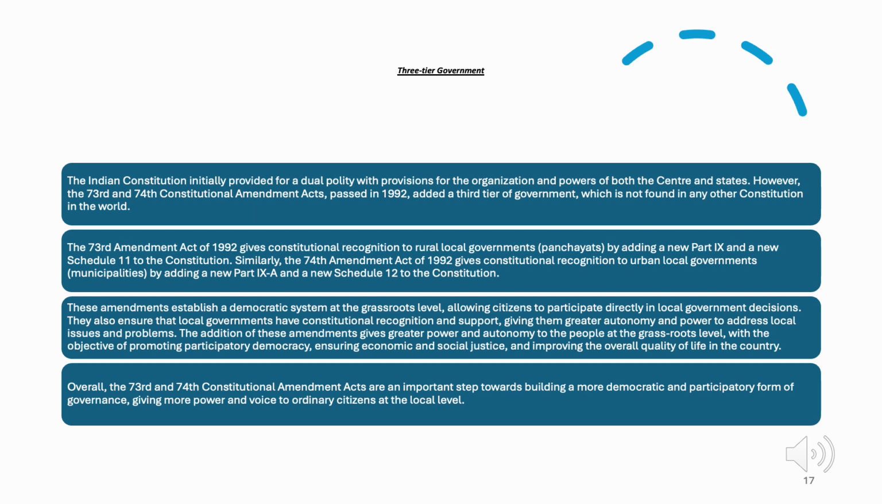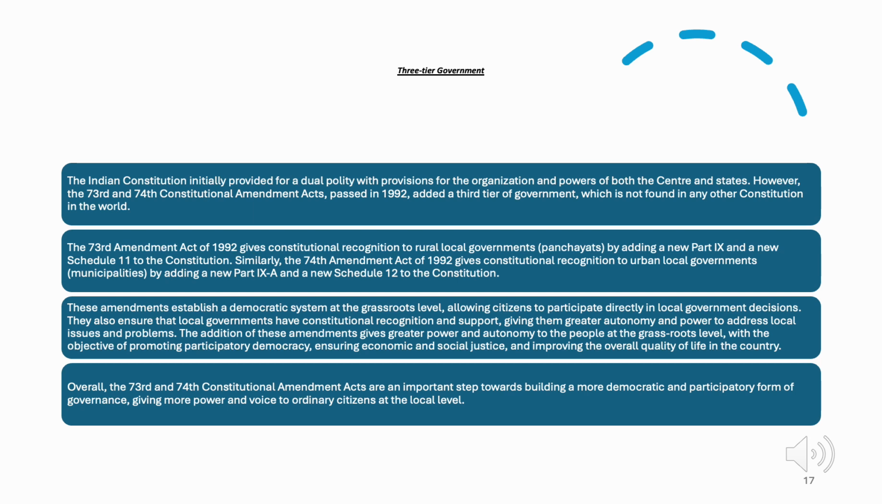Similarly, the 74th Amendment Act of 1992 gives constitutional recognition to urban local governments, municipalities, by adding a new Part 9A and a new Schedule 12 to the Constitution. These amendments establish a democratic system at the grassroots level, allowing citizens to participate directly in local government decisions. They also ensure that local governments have constitutional recognition and support, giving them greater autonomy and power to address local